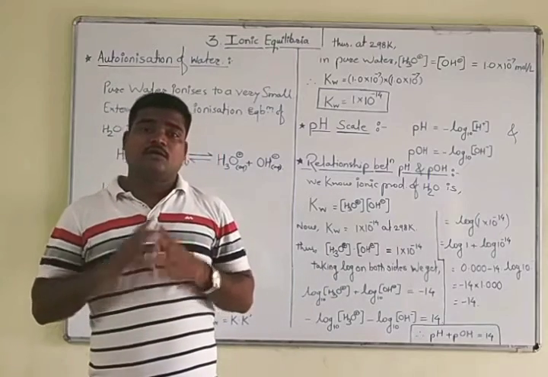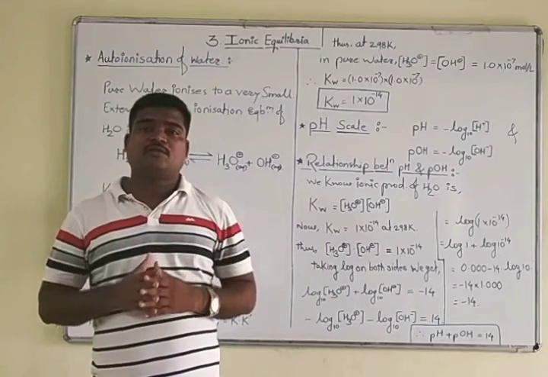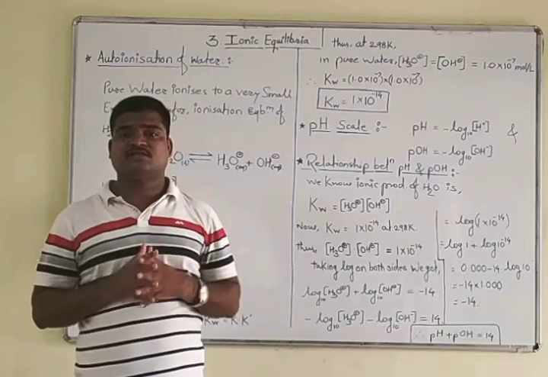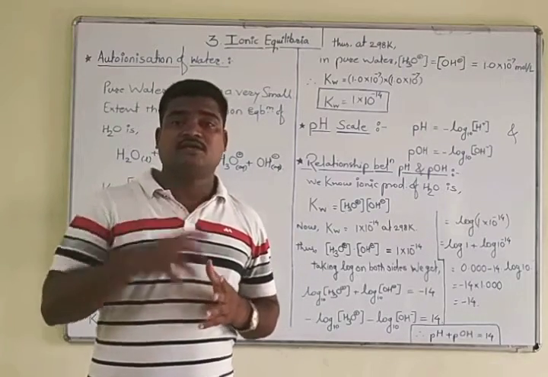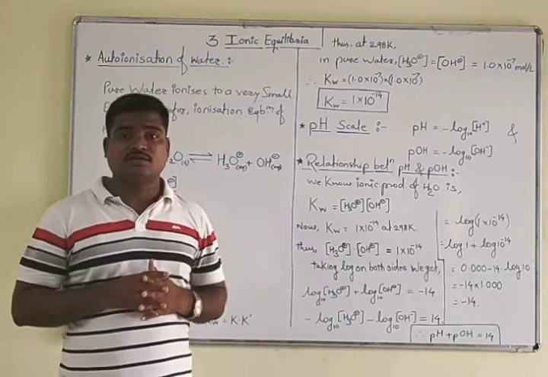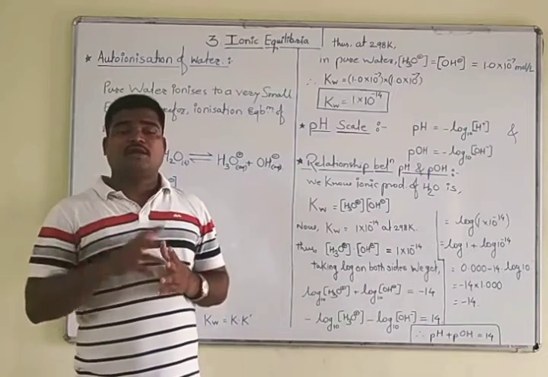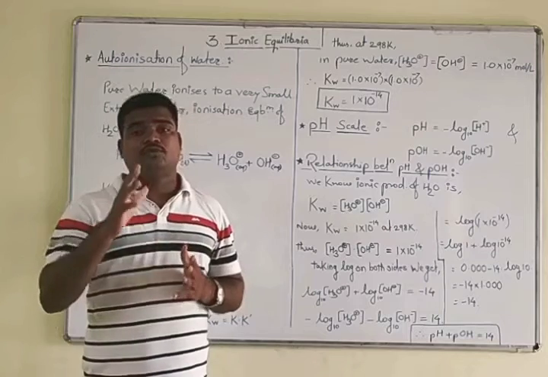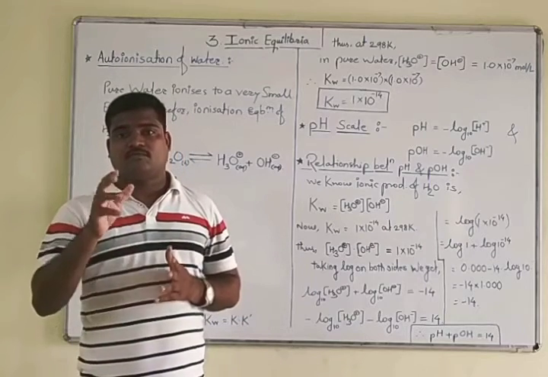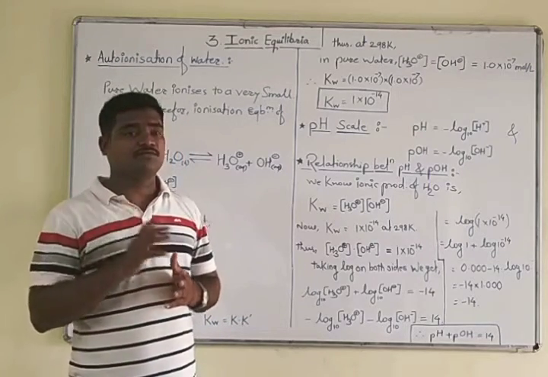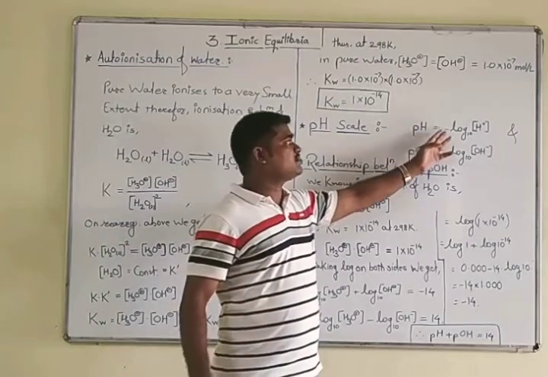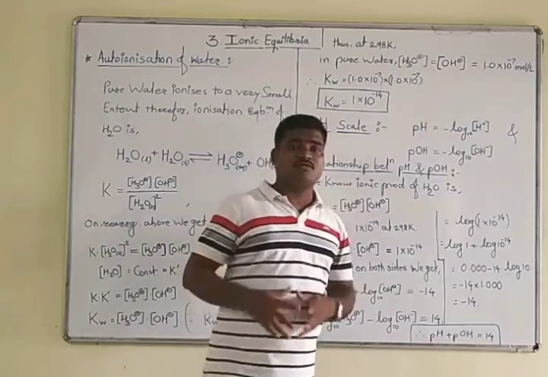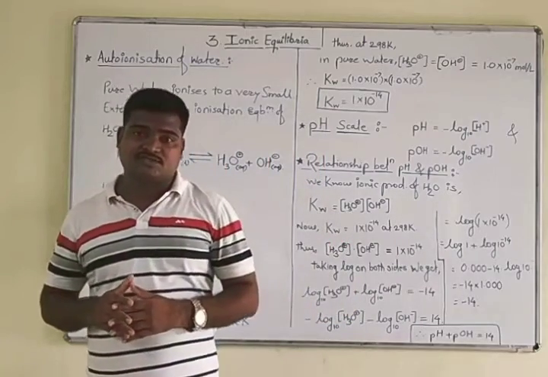Okay, now first of all we will define what is meant by pH. pH is nothing but the H plus ion concentration present in a specific solution. While calculating that value, we have to use one equation, which we can define like this: pH is nothing but the minus log to the base 10 of the H plus ion concentration.